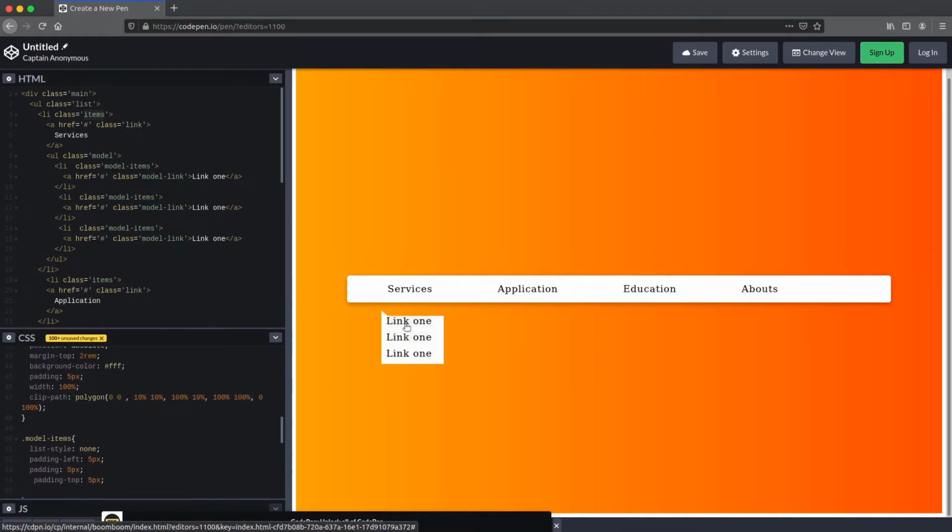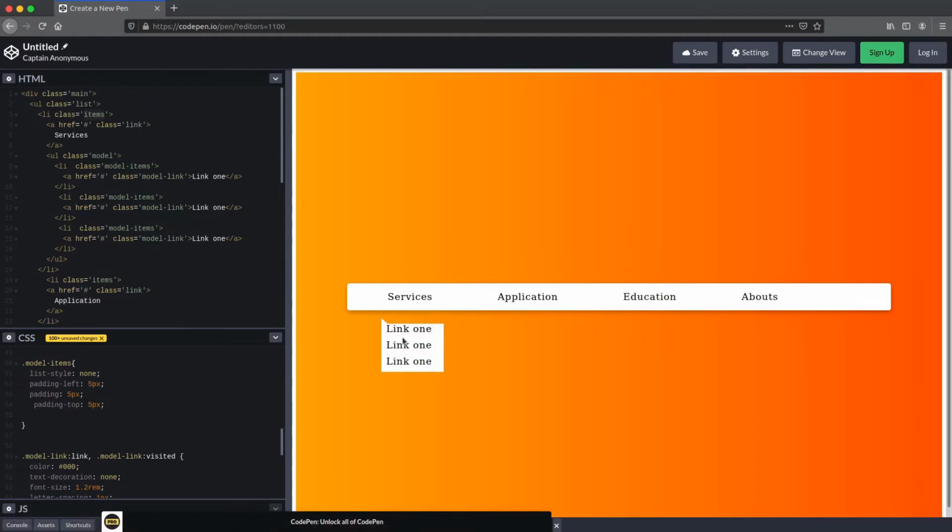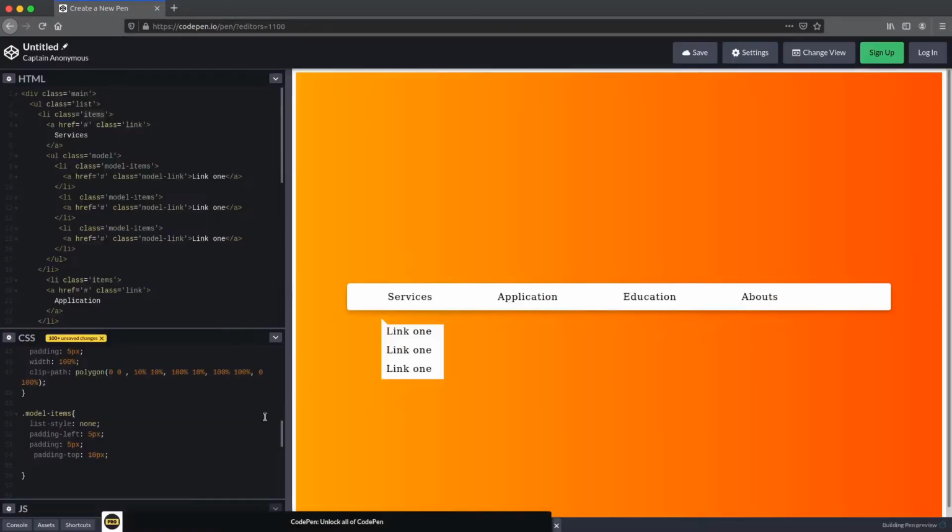It's like items. Okay, we have to increase more, like 10 pixels. Okay, slightly more. Now I think this looks good. Okay guys, now our model menu is done.